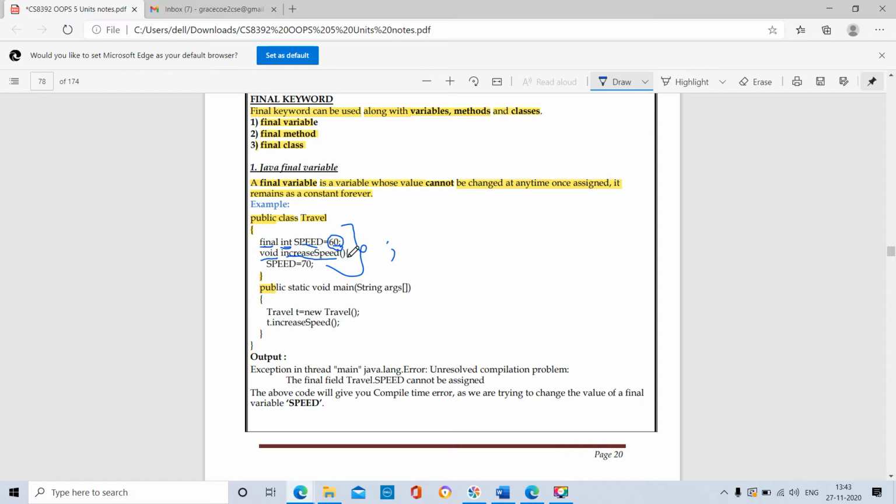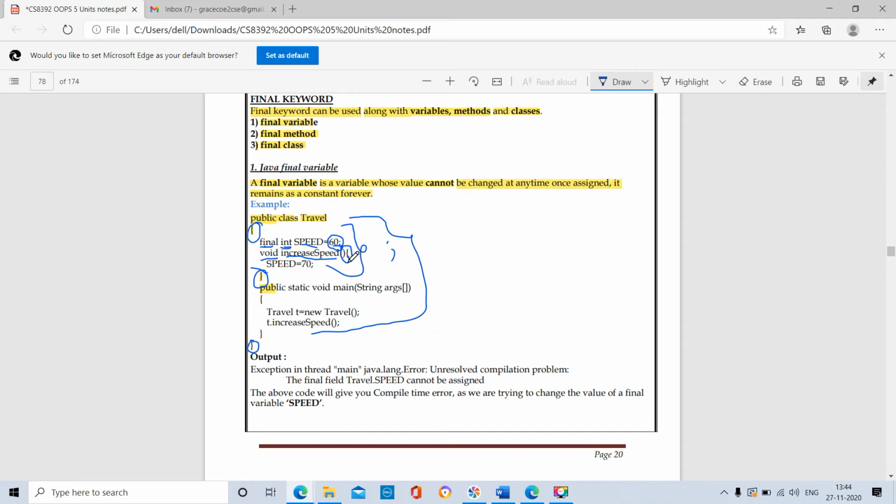Within the open curly brace and close curly brace, we are mentioning the body of the method. These are all the body of the class. Class is completed here. This close curly brace represents completing the body of the method. This open curly brace and close curly brace represent the body of the method, and this open and close curly brace mention the body of the class.